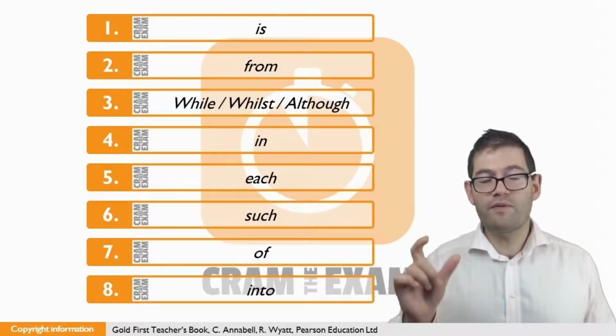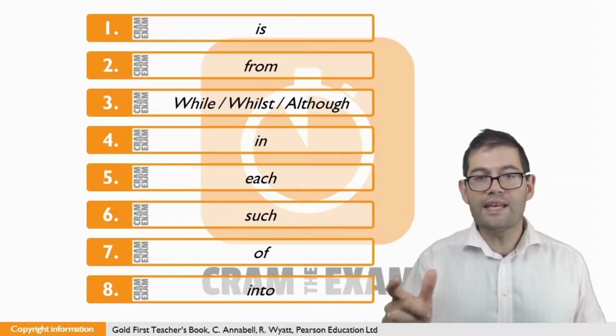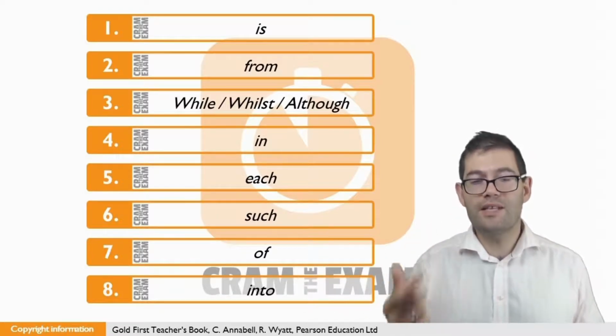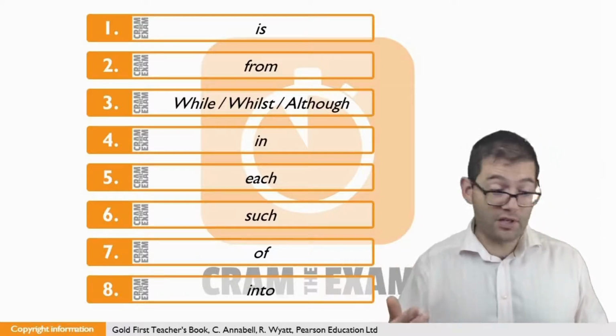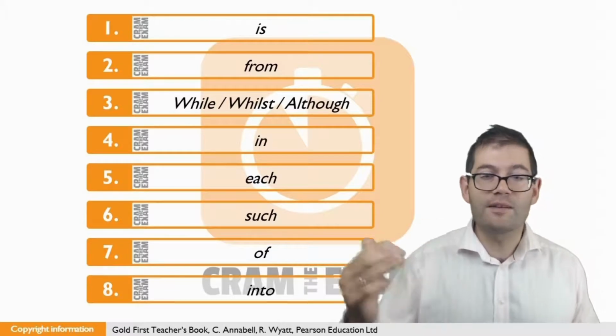Now, animals is reflected in the idea of other. So what do we need? Which determiner do we need that refers to other animals as well? Well, of course, the answer is each. So this should be dissimilar both to humans and to each other. In other words, and to other animals as well.